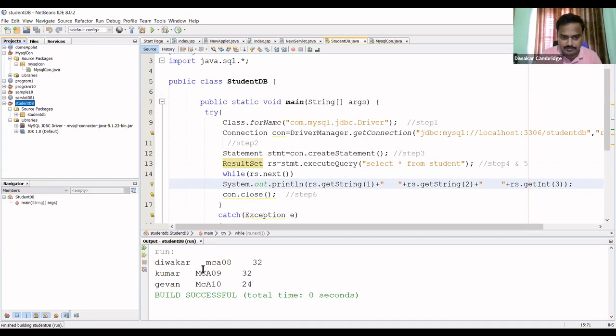First column, the name. Second column, USN. Third column is the age, right? So this is about the JDBC connection, right?